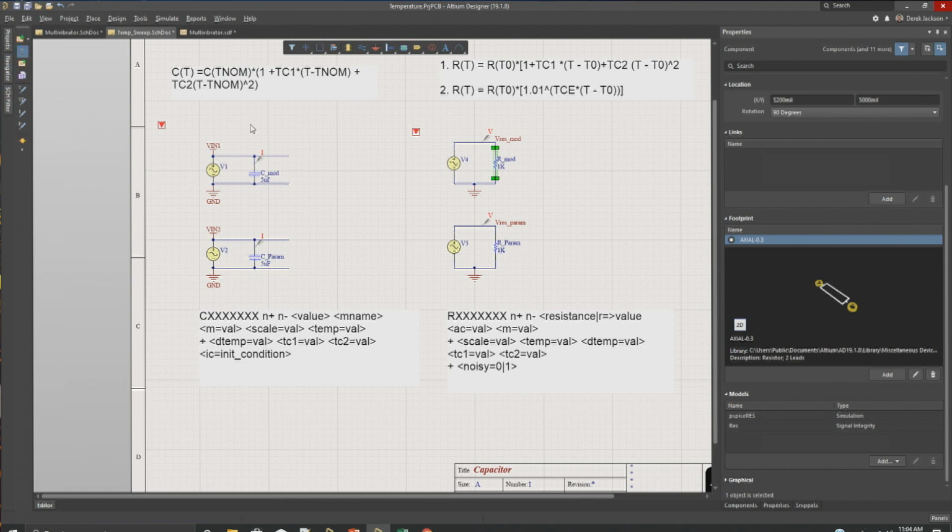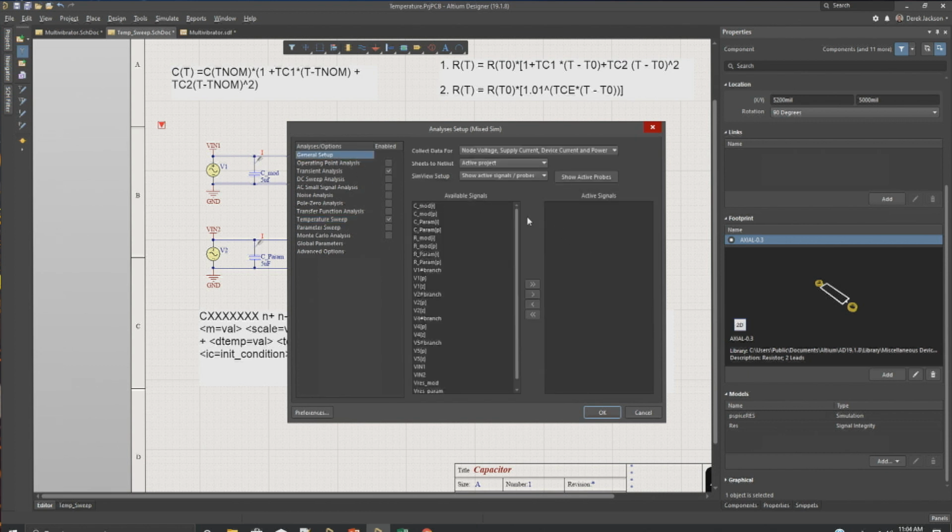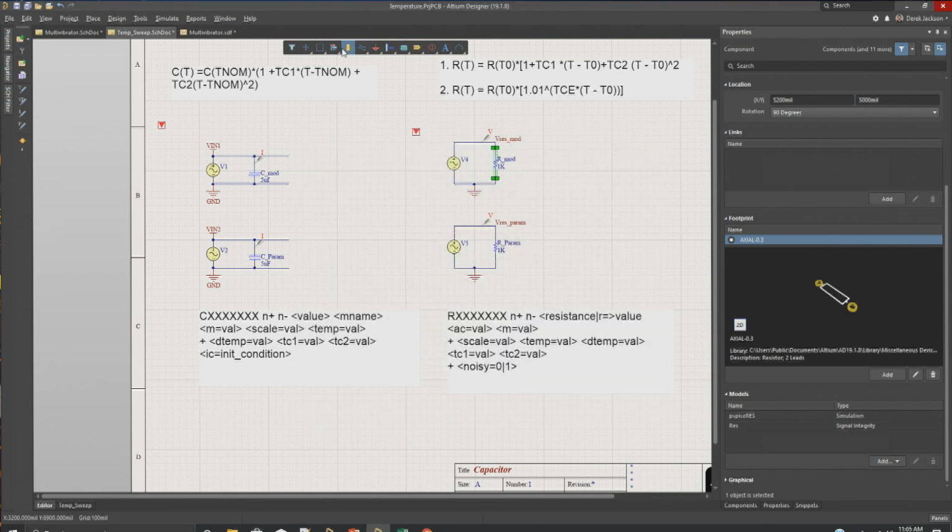So then with a temperature, now when you come in here, with some of these analyses, like temperature sweep or parameter sweep, you have to run it in conjunction with at least one other analysis type. So if I'm going to run a time-based analysis and I want to run a temperature sweep, I would enable both of those. So here I've got my temperature sweep. Here you can set a starting temperature and ending and how you want to step it. And then in the general setup, you'll have your signals that you're going to use. And then once you hit OK here and run that,